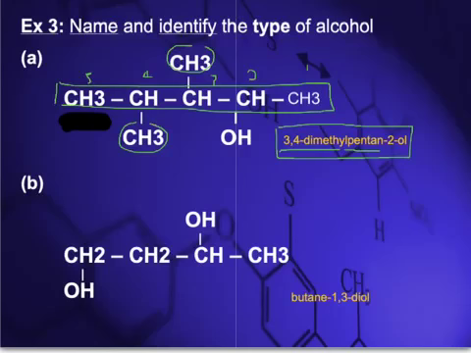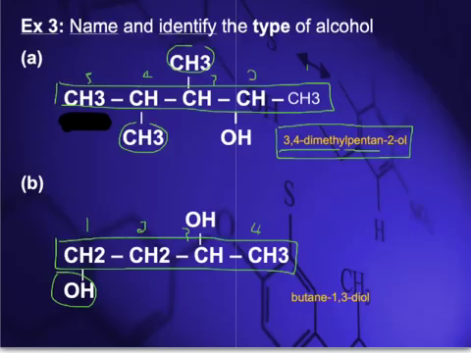Similarly, for example B, we first identify the longest chain. We note that there are 4 carbons, so therefore this is going to be a butane derivative. In order to give the hydroxyl groups the lowest number, we'll number it from left to right. And we notice that there is a hydroxyl group at position 1 and at position 3. There are no alkane branches, there are no methyl or ethyl branches. Therefore, this compound is simply named butane